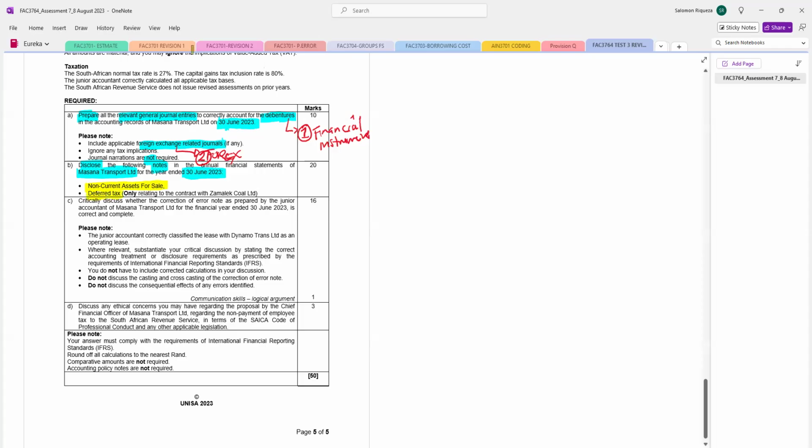Deferred tax is another one. Deferred tax can fuse any topic. All right, so with deferred tax, I say only relating. So the deferred tax must only relate to the contract with Zamalek Limited, not every other thing. All right, so if we're listing our topics,